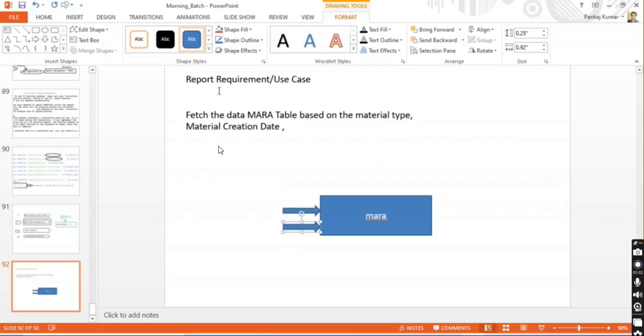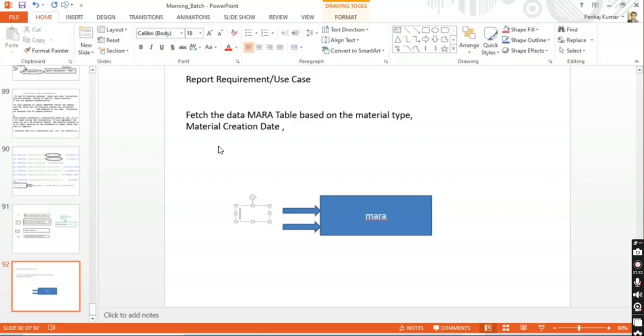One is the material type. The technical name of the material type is MTART, okay. I'm going to pass MTART over here for the material type, and then the creation date. The technical name for the creation date is CRDAT, I believe. I'm not sure, we will check this one. What is the creation date? Okay, based upon this, what we are going to do